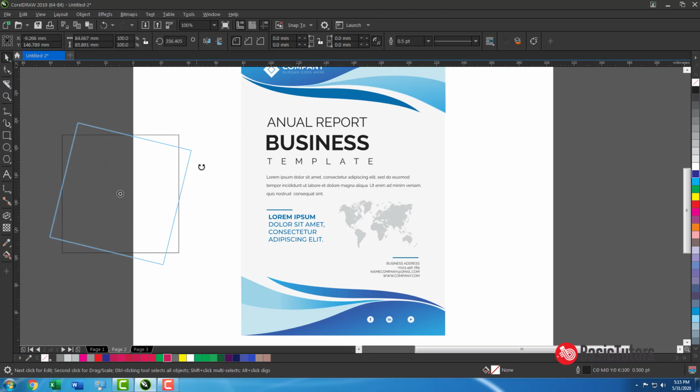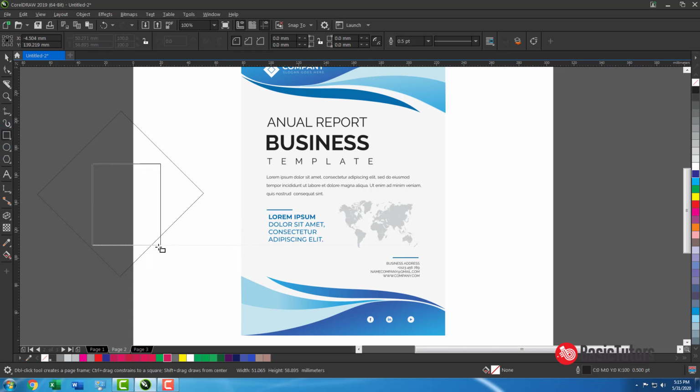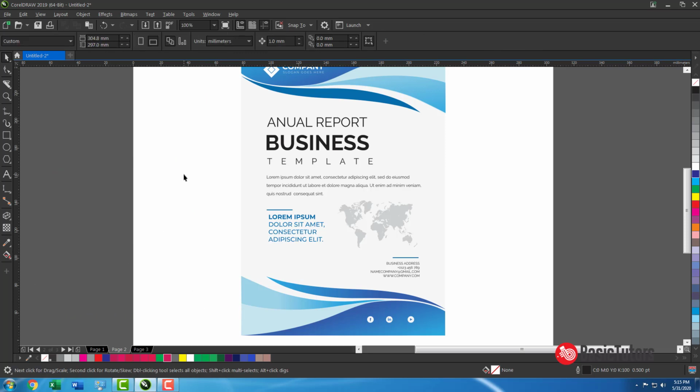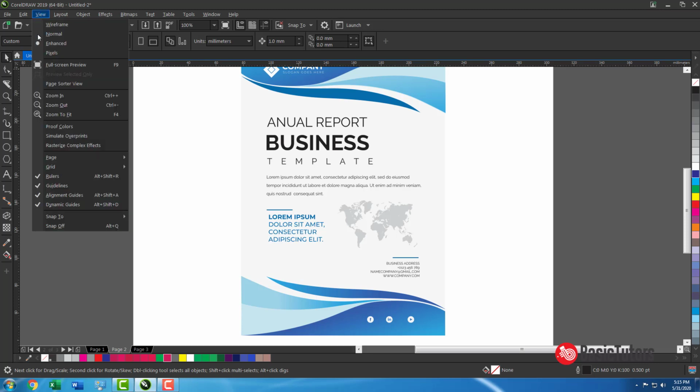If you draw any object over there, you can get some other things. These things are all called dynamic guides. It shows the values of your degree, positioning, angle, like XY axis, all those things you can get from dynamic guides. And then another important thing called snap to. For example, different things are there. Document grid means what we see in the white portion. This is the document grid.